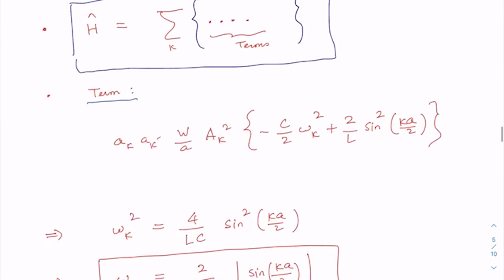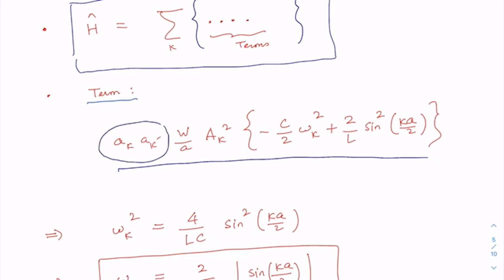One of the terms in the Hamiltonian is of this type, but this term, as we discussed, is not wanted because it is a bilinear combination of these annihilation operators, and we don't want our Hamiltonian to have this term, because ultimately we want our Hamiltonian to have the form a_k dagger a_k plus half. So this term we can cancel out